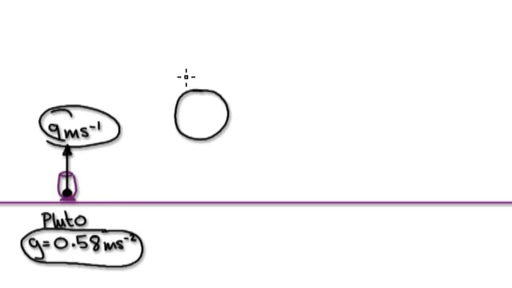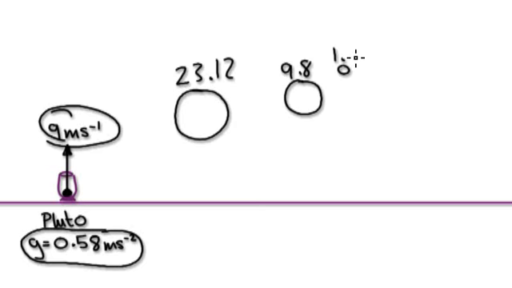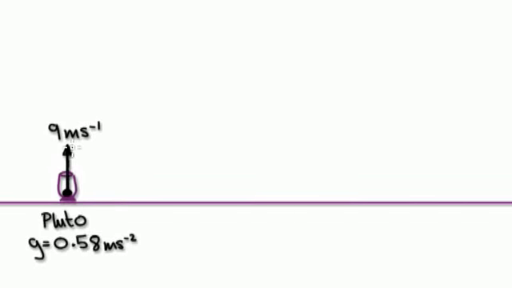So if you think about it, Jupiter is 23.12. Earth is 9.8. The Moon is 1.622. So Pluto must be tiny. Well, the gravity on there is only 0.58. Okay. Well, anyway, when we fire a cannonball, it will come to a stop and then it will fall